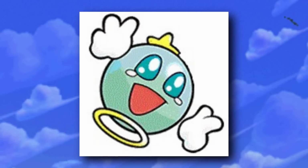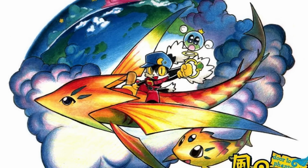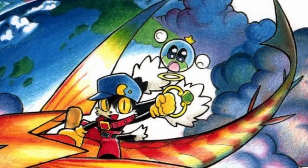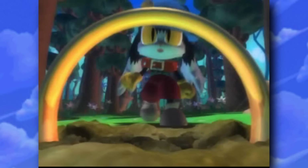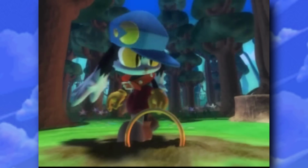This is Klonoa's best friend, and you're technically playing both of these characters through your adventure. There's not a lot to Hupo's design. Honestly, you could introduce him as a Kirby character, and most people would probably believe you. He's got a squeaky little voice. I've never found it irritating myself, but I could understand if anybody else had this dude get under their skin. Regardless, if you get through this opening cutscene without falling in love with at least Klonoa, then you might be